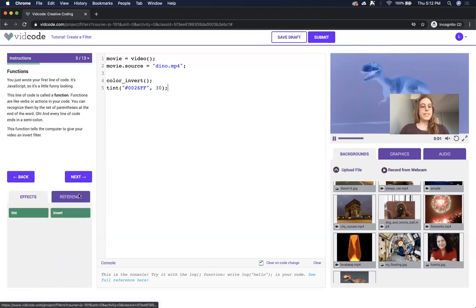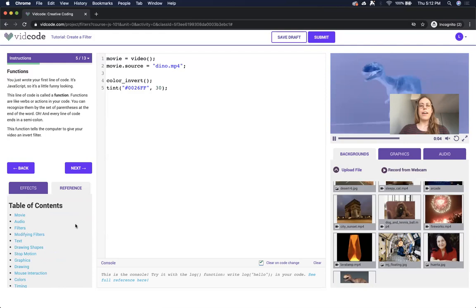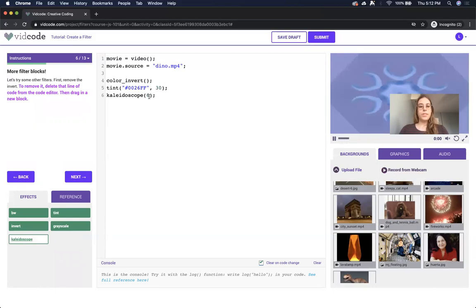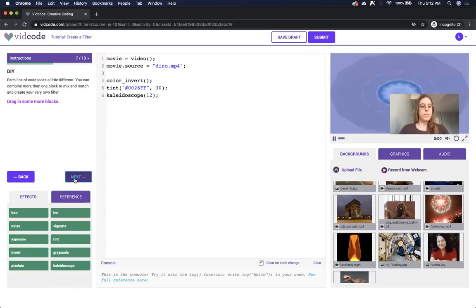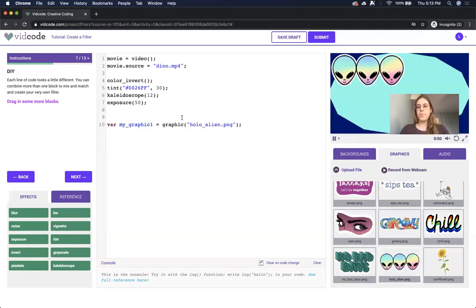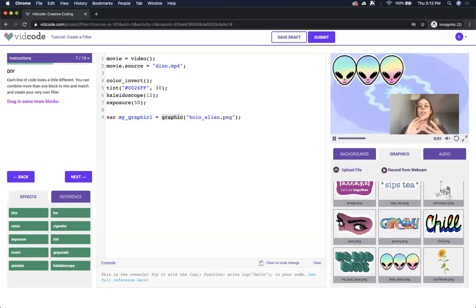The reference is the same in all the projects. I've actually had teachers ask me this last year. Everything students learn, they can use in all of the different projects. So everything that I'm doing right now, dragon kaleidoscope, dragon exposure, these different functions, like bringing in a graphic, for example, I can use these in all of the different tutorials and activities that I go through throughout all of Vidcode,